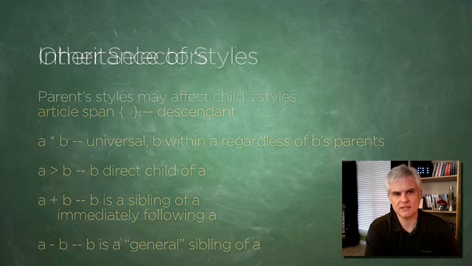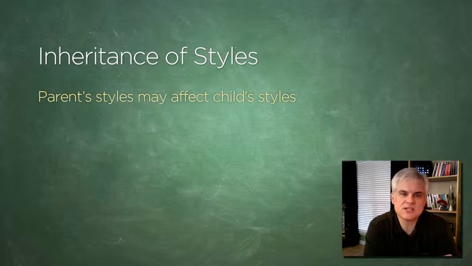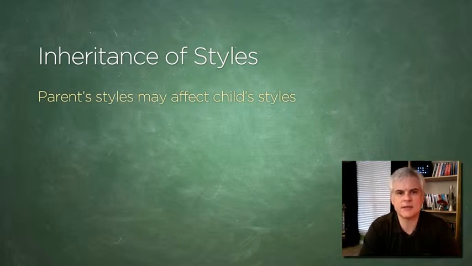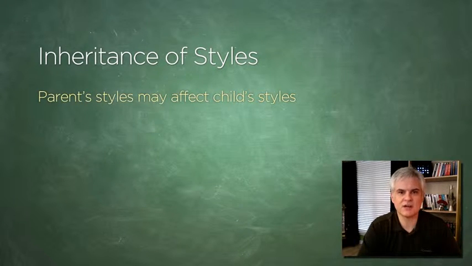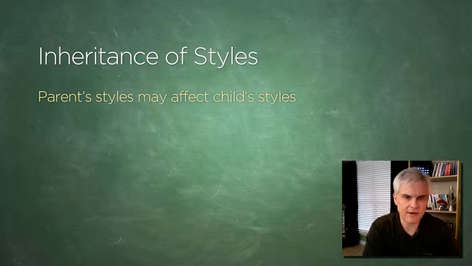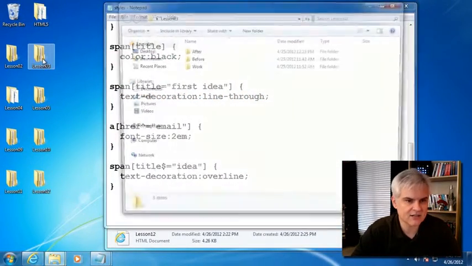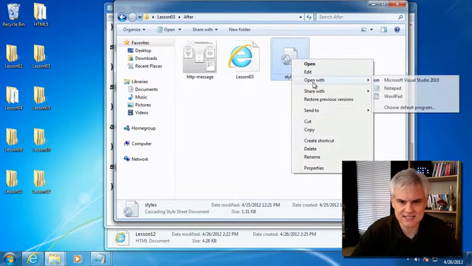All right. One more topic I think is of extreme importance. There clearly will be collisions between styles that you've defined. There's a prescribed order in which the styles will be applied, and certain property definitions can be overridden. So if you define a style, all the children of that element will inherit the style. This applies to some styles, mostly text, font, table, and list properties. So if you take a look at, for example, a parent-child relationship where we set a style on the parent and it affected the child, take a look at our Lesson 03 example and look at the after folder where we set a style